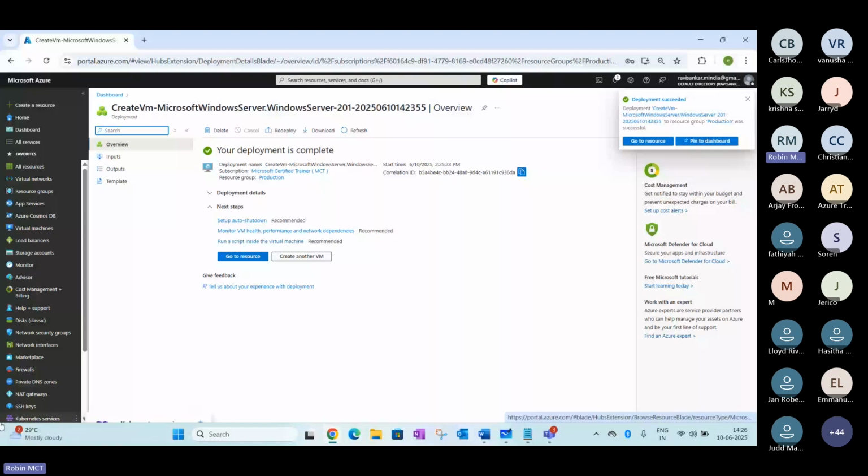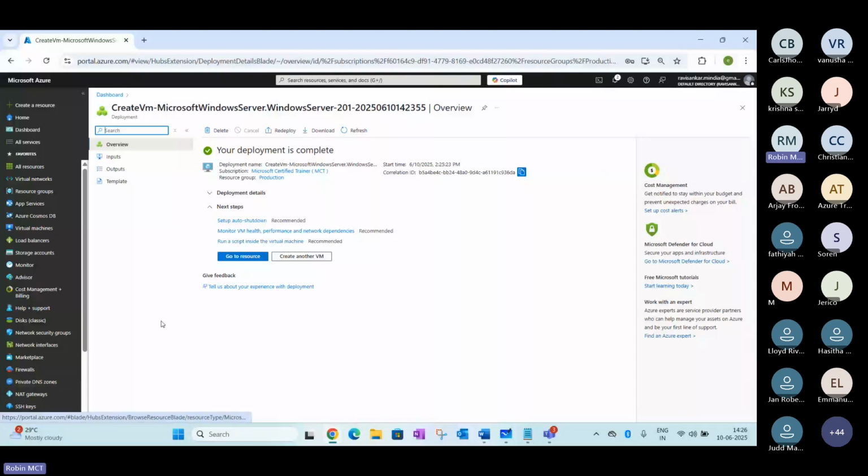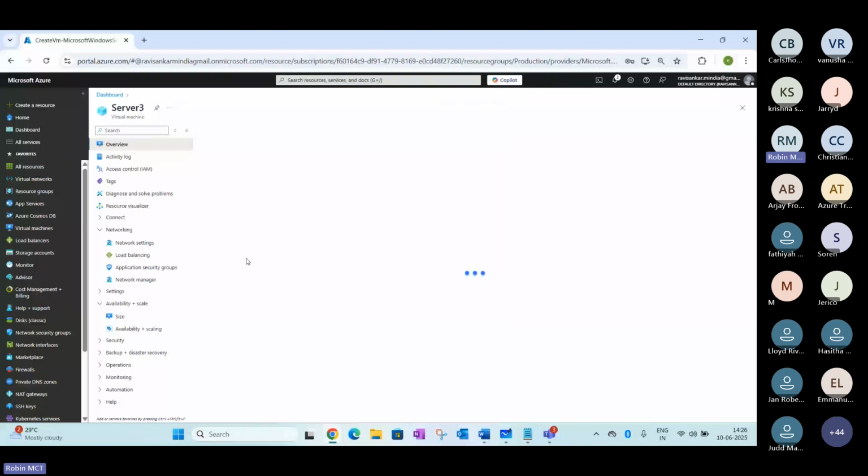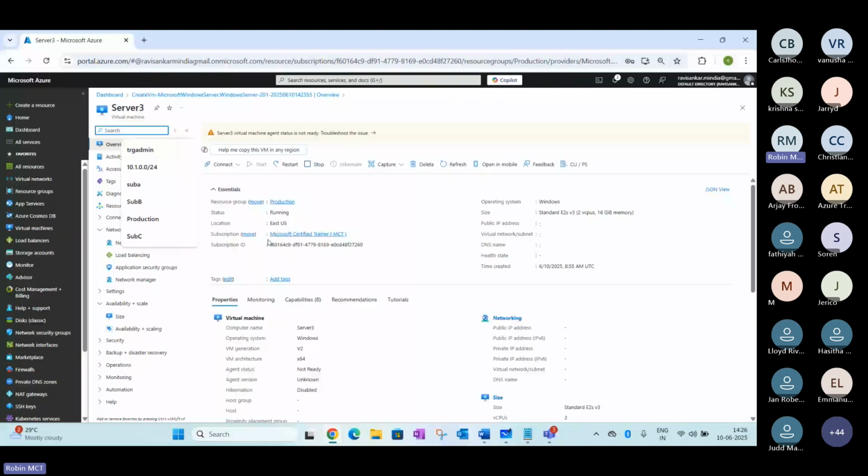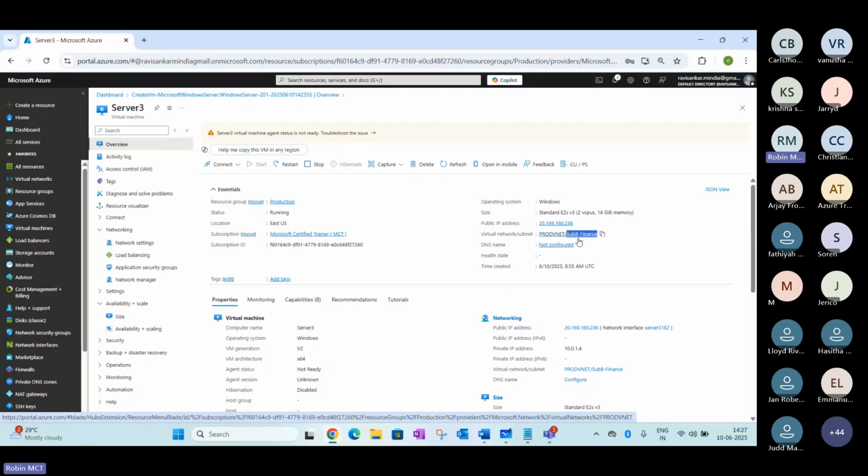Now the deployment has been completed here. You may be able to see a third VM. It got created in the same data center where the rest of the VMs are created. Plus you may notice this has been created in the same network where the subnet has been configured. You may be able to see you have a subnet available. It's on a different subnet.